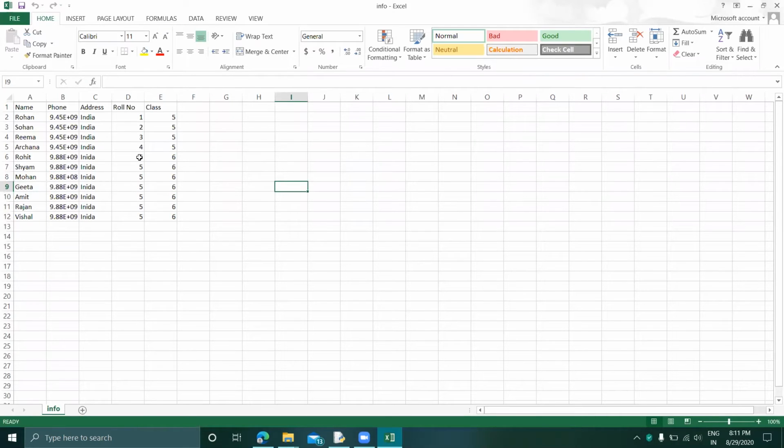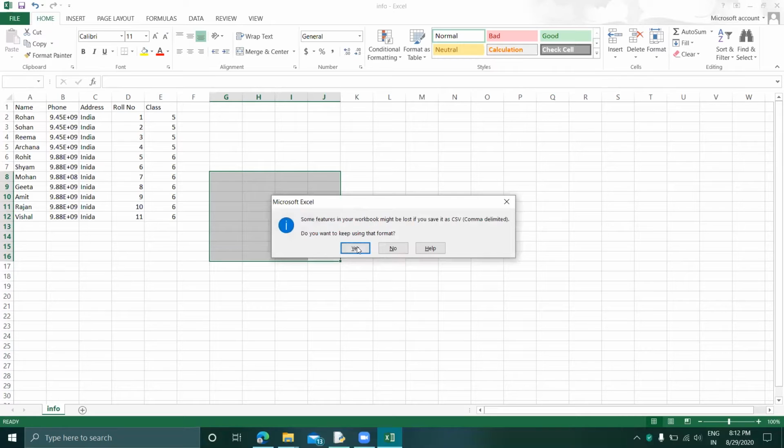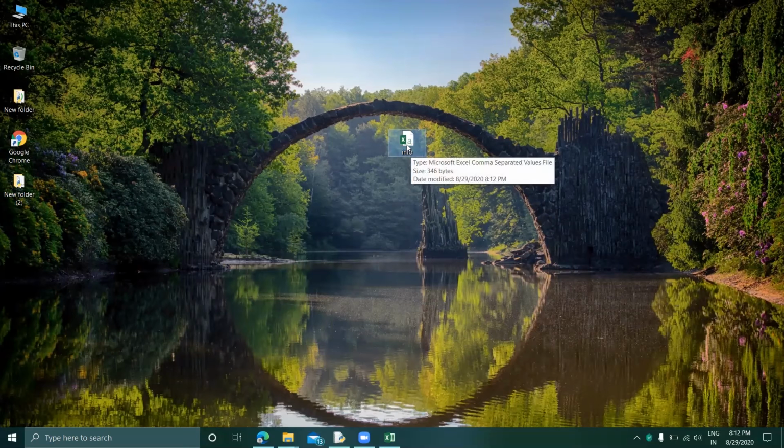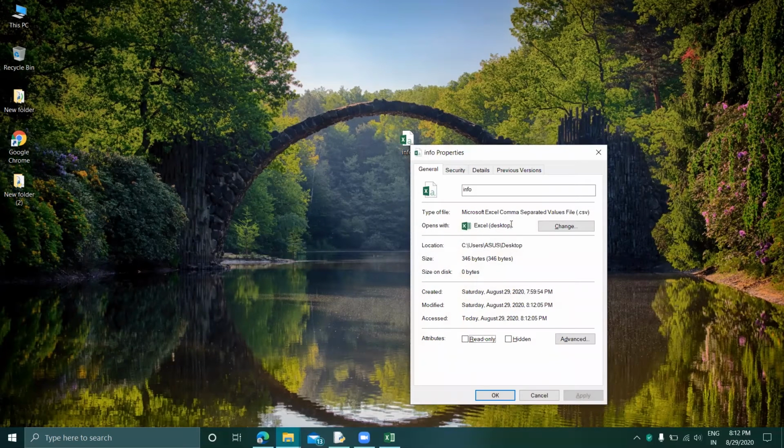Now you can see the data. It is a CSV file. Let's check it by opening the properties. Now you can see it is a CSV file.